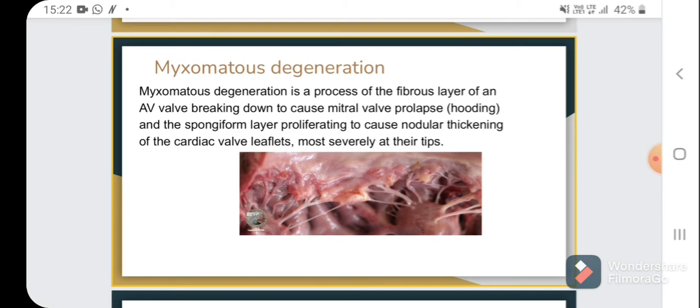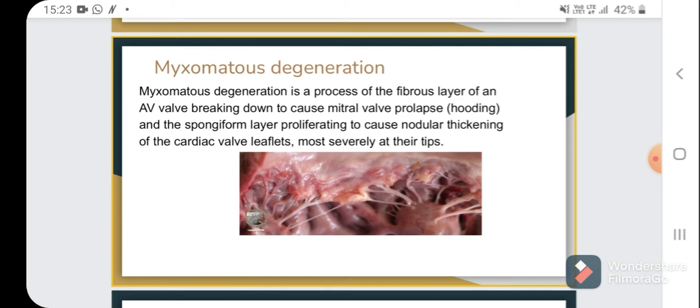So in simpler terms, as the fibrosa and ventricularis are the outer layers, as you have seen in the previous slide, they have the capability to withstand the wear and tear and high pressure environment of the heart. But due to unknown causes, most probably genetic defects, this fibrous layer gets weakened. Actually, what happens due to the genetic defect as the animal ages is an alteration in the synthesis of type 6 collagen, which is present in the fibrous layer. And as we have seen in the previous slide, this collagen provides the desired strength to withstand the pressure of the blood. So this fibrous layer gets weakened and breaks down, which exposes the middle spongiosa layer.